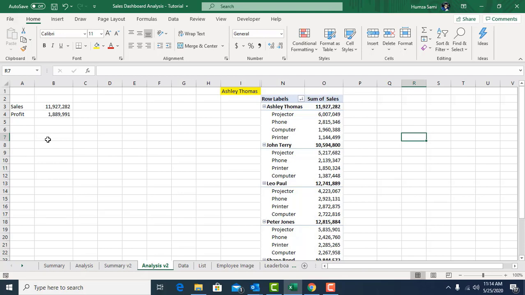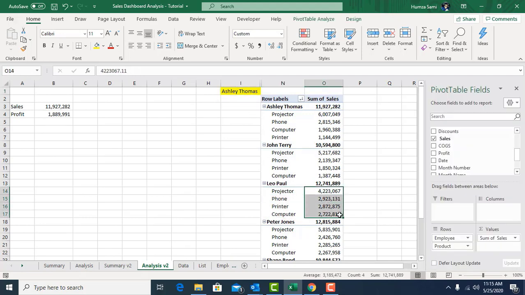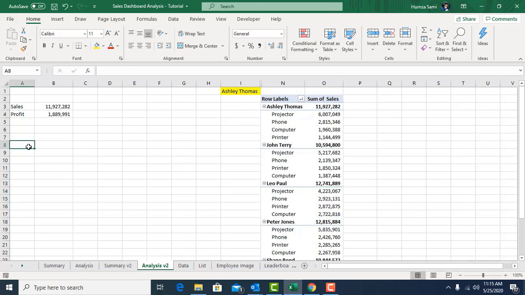Now the next task is actually to capture these values or this table against the criteria, which is the employee name. So if the employee name is Leopold, the formula should be able to capture these products and the corresponding value. So to do that, we will use something which is a mix of a match formula and an offset formula. So first of all, we will put a number sequence over here, 0, 1, 2, 3,